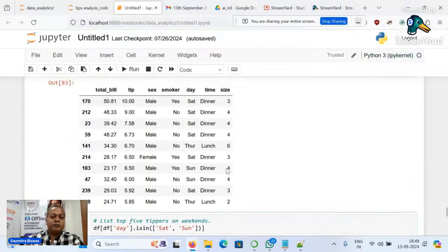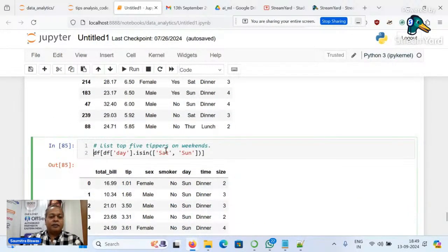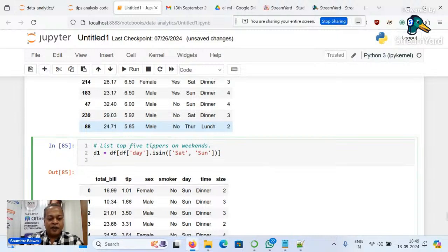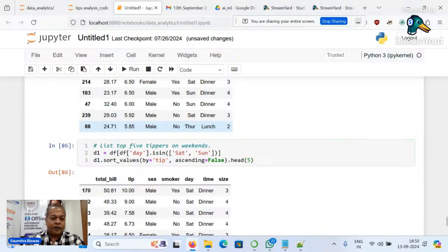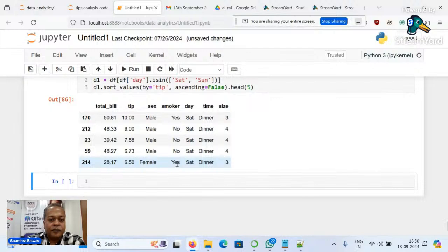The thing that I was saying, what you can do, you can put this inside a variable and say d1 dot sort values, like that, sort values by tip, ascending equals false, and from that we're going to select top 5. So that's the answer. Our top 5